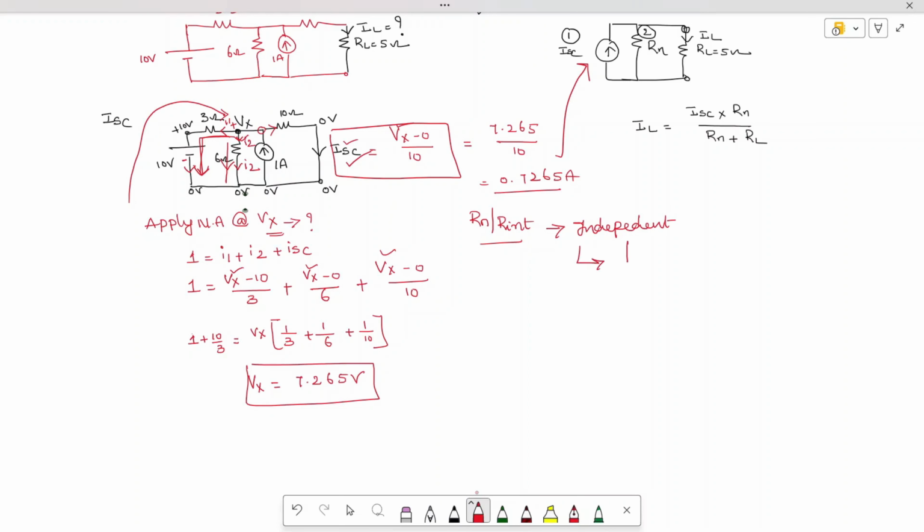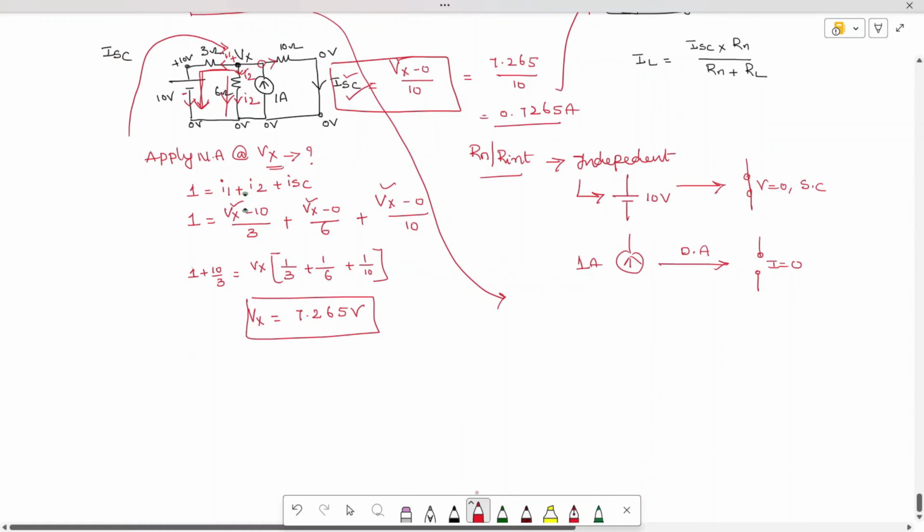If you have a voltage source, what is given in the problem is 0, deactivate it. Deactivating it is nothing but making its potential 0, which is indirectly making it a short circuit. If you have a current source and the magnitude of current is 1 ampere, deactivate it. Deactivating it is nothing but making it like an open circuit, making current equal to 0. So now use this and find out R Norton. So R Norton is equal to,